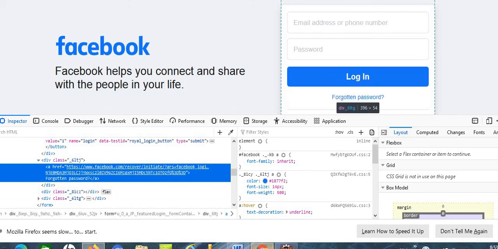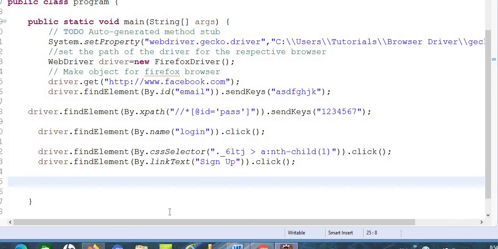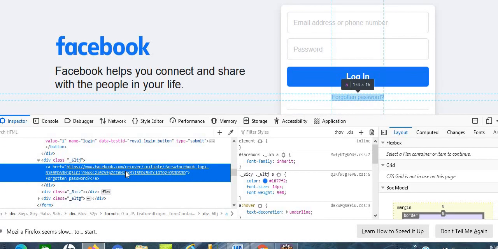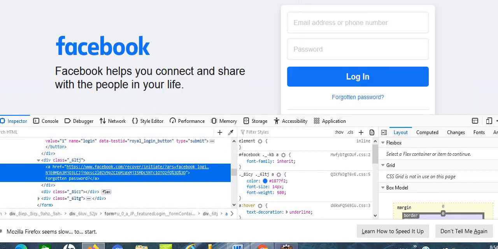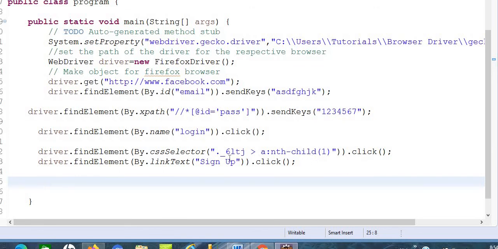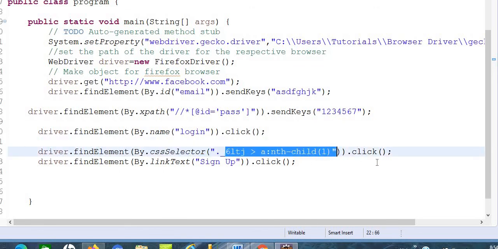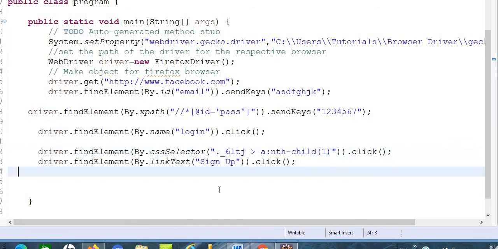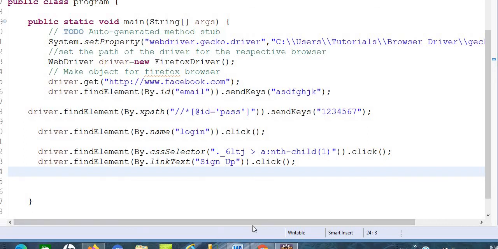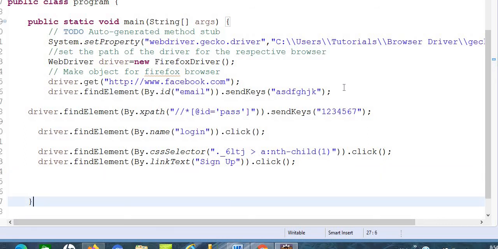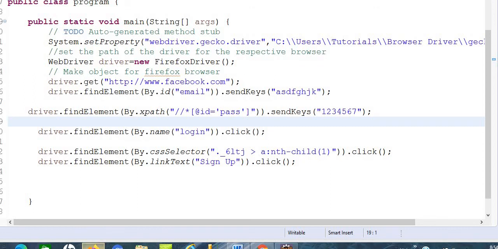You want to take the CSS selector, so right click, copy it, and this is the CSS selector. Just paste the value of the CSS selector, give the click method, and this is link text. I'm showing each and every locator of Selenium. Now I am closing every browser.